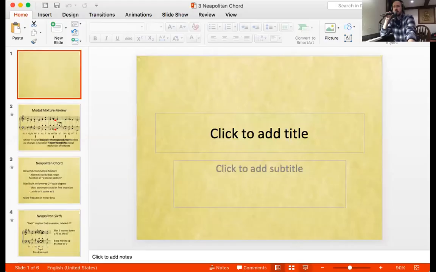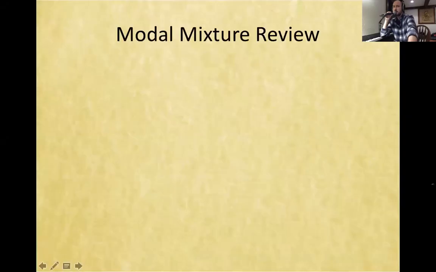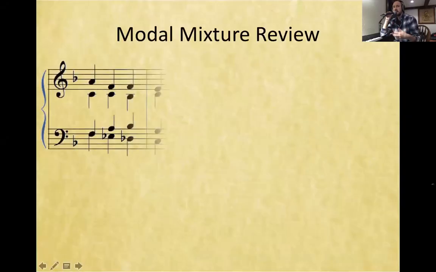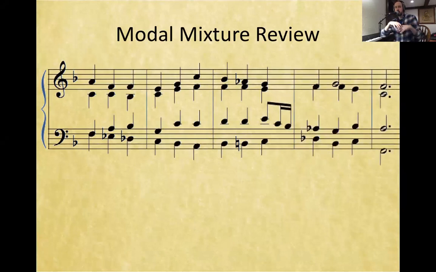I want to see if we can talk through how we're going to see it involved, how it's going to look, and the ways that we can implement the various aspects of modal mixture, whether it's one accidental that's changed in a chord or two, all that kind of stuff. So we can see here we're going to be in the key of F major, which sounds kind of like this,